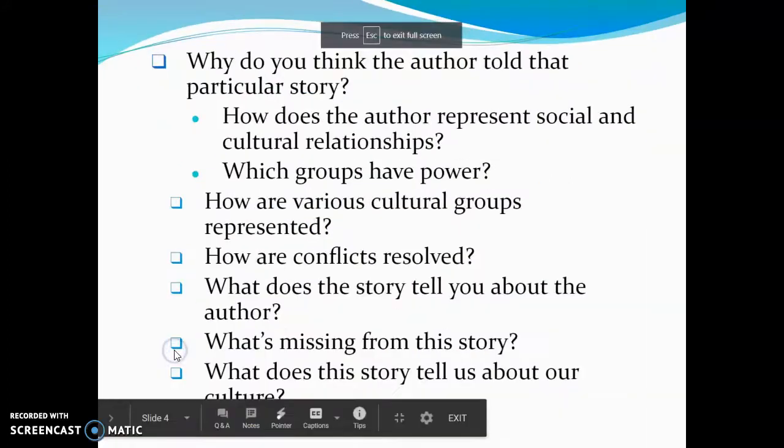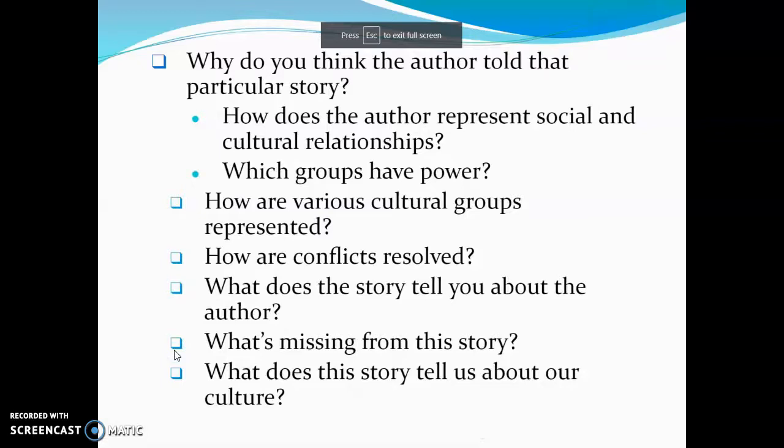So if we go back to these questions and think about why the author told that particular story, and how the author represents social and cultural relationships and which groups have power, we could begin talking about who has power, whether it's the animals or the farmer, and why maybe the author told this story, if the author had experiences with power struggles or cultural groups, and how conflict was resolved between the animals and the farmer, how power switched hands, and then thinking about what's missing from the story